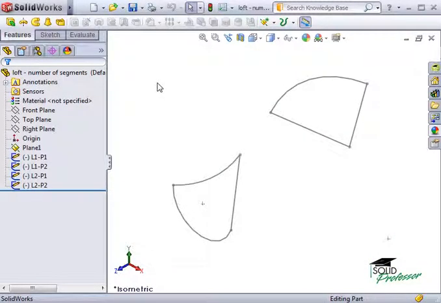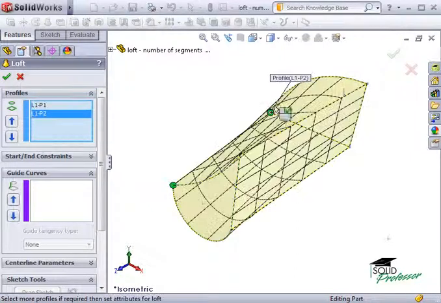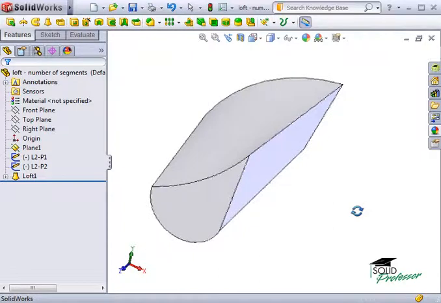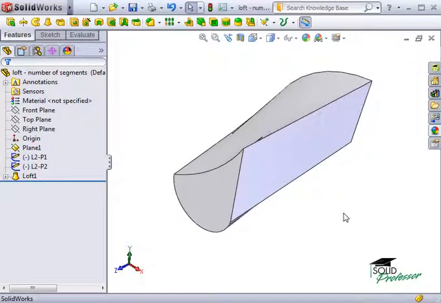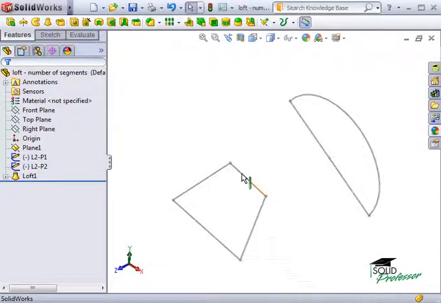Profiles used for creating lofts should have a matching number of segments. That is, a three-sided profile like this one will loft nicely to another three-sided profile. Despite the differences in the shape of the individual segments, the loft feature does a nice job of generating smooth surfaces to join them. On the other hand, a four-sided profile like this will not loft nicely to a two-sided